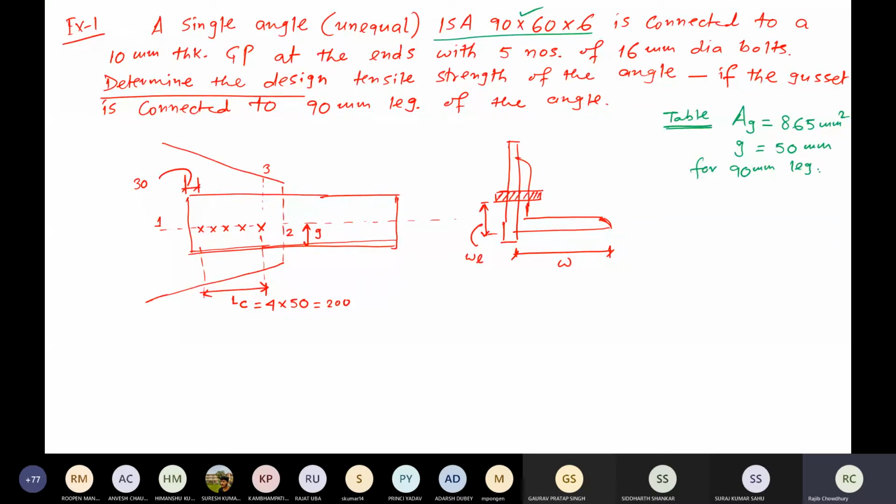Okay, so now with this, what could I make? I could first make the B of S. What is the B of S? In the last class we showed what the B of S is. B of S would be the shear lag width.